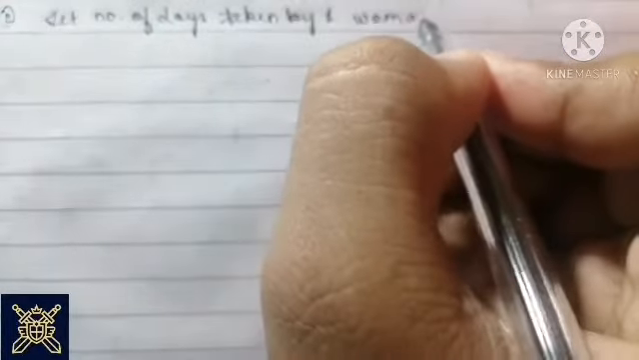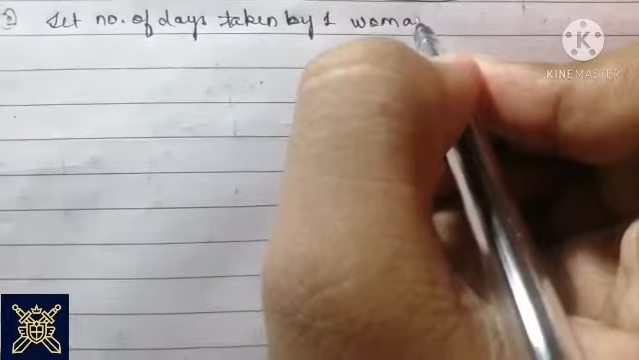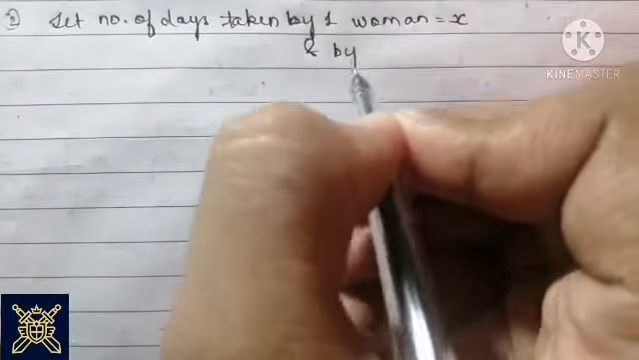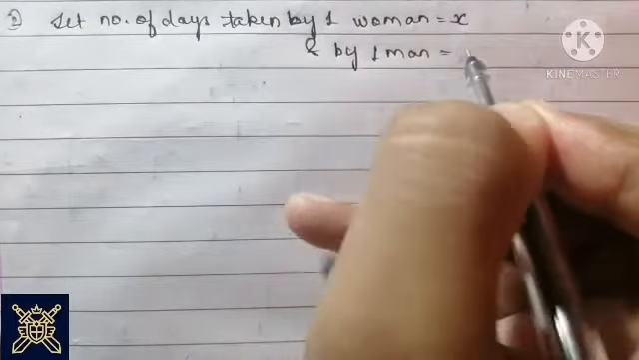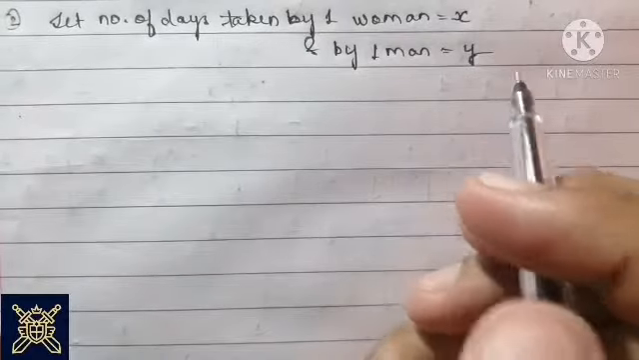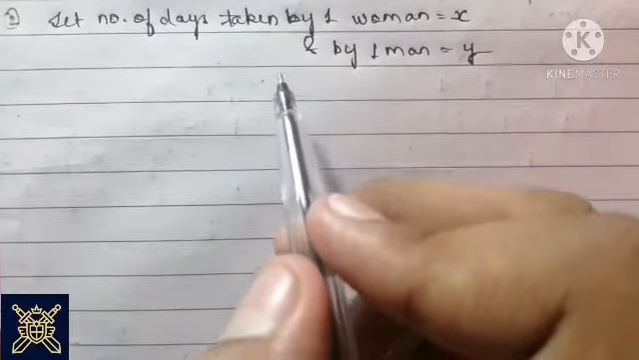This is the second part. So in all the questions, we have to start with the assumption. So let the number of days taken by one woman equal x and by one man equal y. So if we assume that the total number of days is x and y, then you can easily find